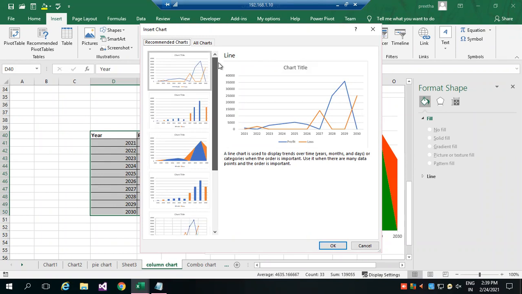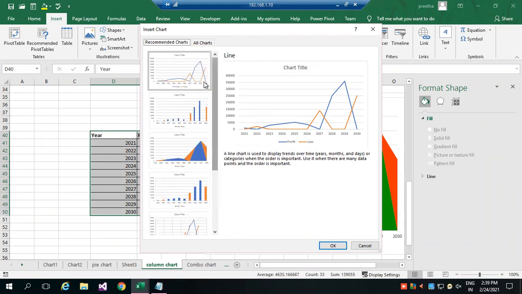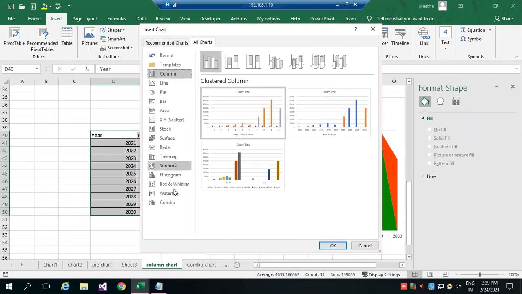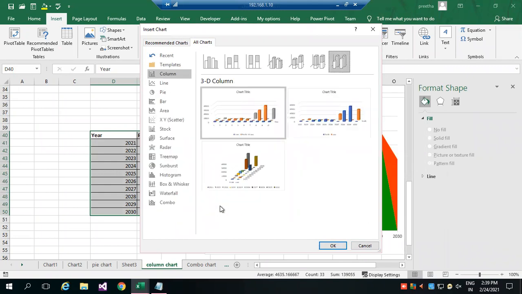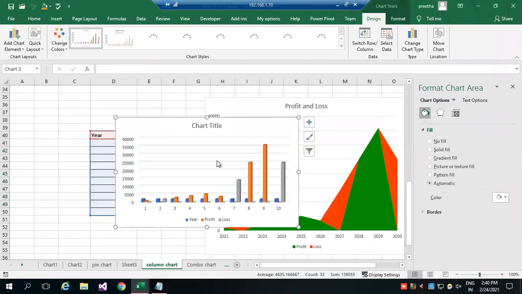And first thing, once you select the data in the insert chart, you will have a suggestion. That means Excel itself is giving a suggestion for you. You can go along with the suggestion, or you can decide your own chart. In the column itself, I can go for 3D model also. So how you want, you can select. In everything, there is a 3D cluster model. So that is also available, which you can select.